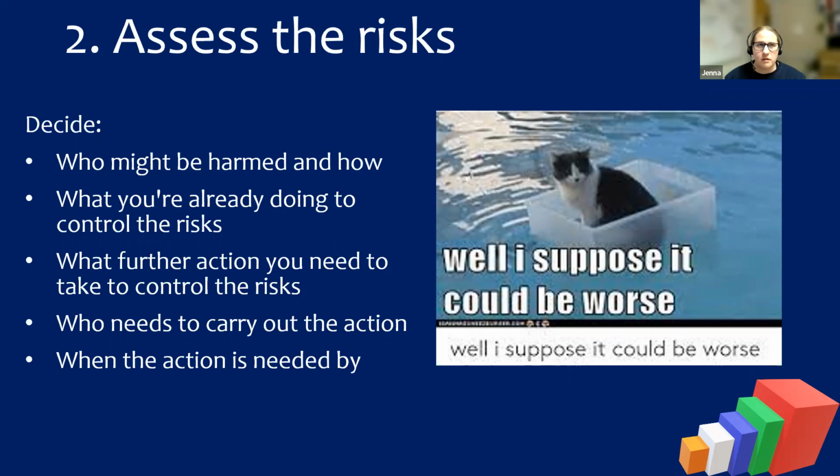However, if we're looking at a department or health board perspective, and patients are consistently having elective surgeries cancelled, that is a risk to people, and I can't control that as line management. It's that executive level that has influence over those kinds of things. We also need to determine when the action is needed by. So it's about identifying the hazards, but also deciding how likely it is that somebody could be harmed and how serious it could be.